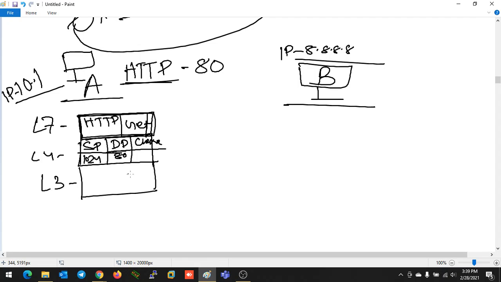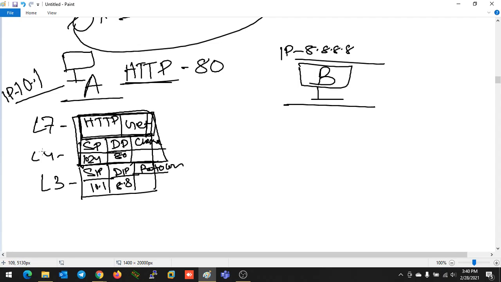So at layer 3, the internet or network layer, IP will be in use. What will IP do right now? It will also attach its information. So this is the whole segment right now. With that segment, IP is going to attach its information. So the source IP will be 10.1 and the destination IP will be 8.8, to whom you are going to send the data. And also a protocol number field will be there. The protocol number field defines which upper layer protocol has been used.